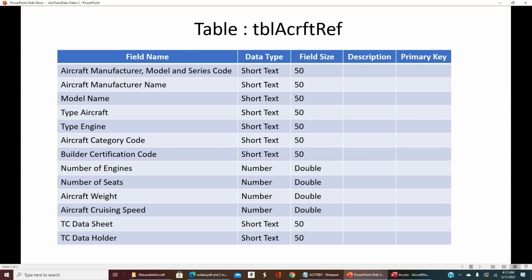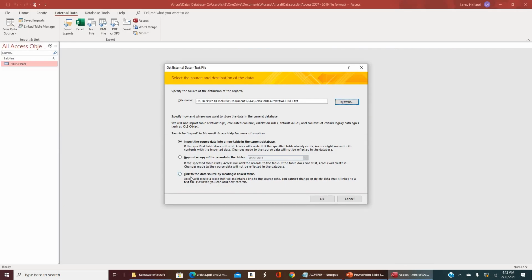But this is going to be a little different. We'll do this because it is something, especially later on, if you want to go back and append data to this, you'll do this. But today we're going to basically take a file and build a table as we are importing the file. And then the last one is you can actually link to an Excel sheet or link to a text file, but we're going to actually import it. Okay, so then we'll click OK,